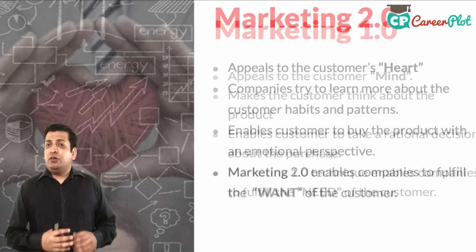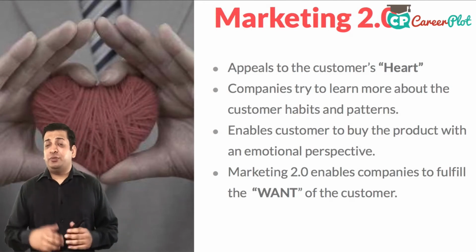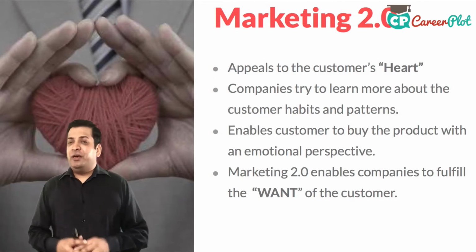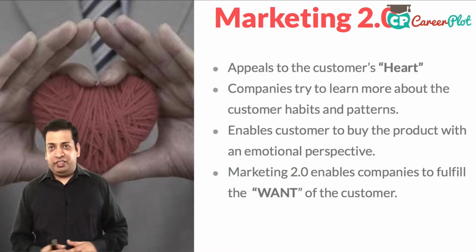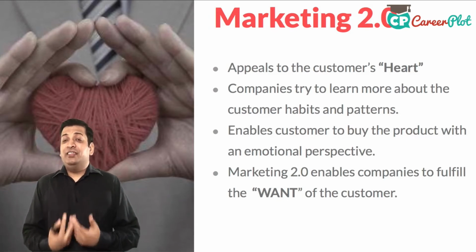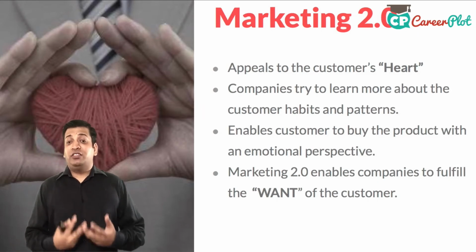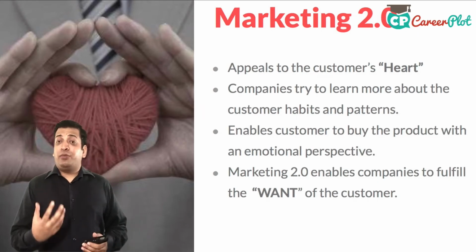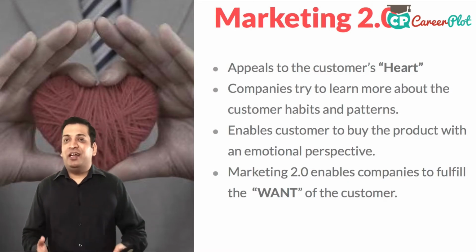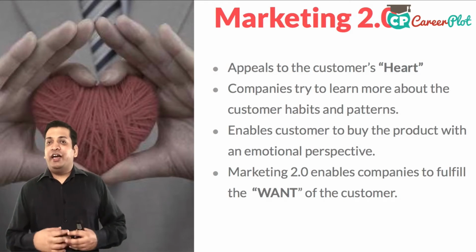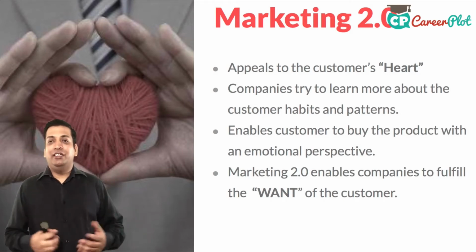Now once we do marketing 1.0 and the mind is satisfied, the second aspiration is always a want. My needs are satisfied according to Maslow's law. My food security is taken care of. My basic needs are done. Now I wish something, I want something, right? So the product has to appeal to a customer's heart. For example, ice cream commercials, right? I don't need an ice cream, but I always want an ice cream. I want to eat ice creams.